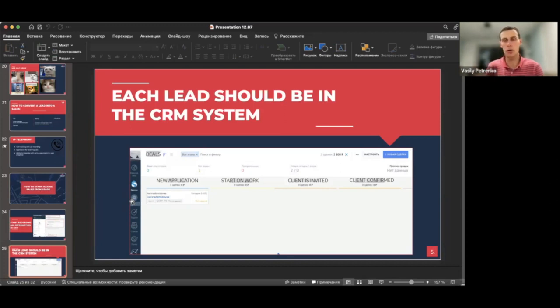So only if the guy came from the street and was asking about something and left his information, only in this case, you need to open the CRM system and put all the information in by hand, which is also fine, because in this case, you are adding one more client to your client base. But the thing is that every lead should be in this CRM system,